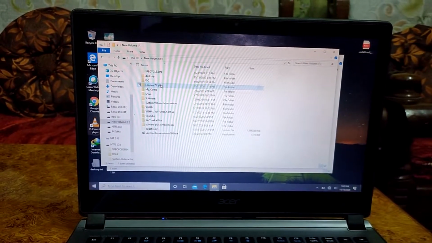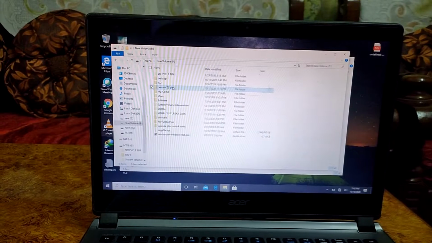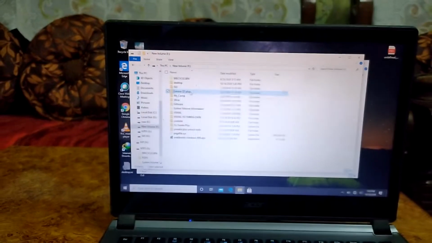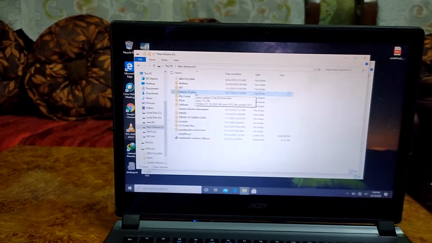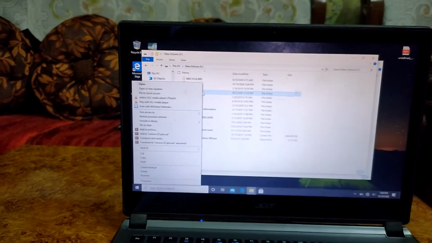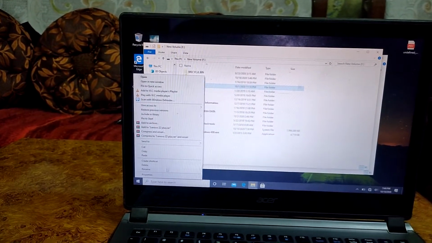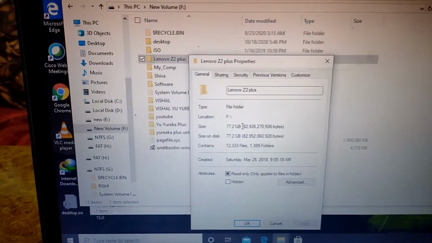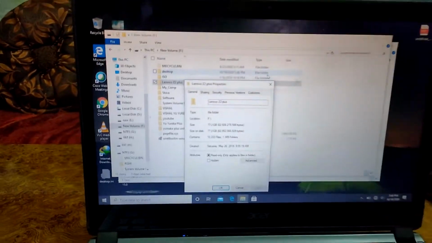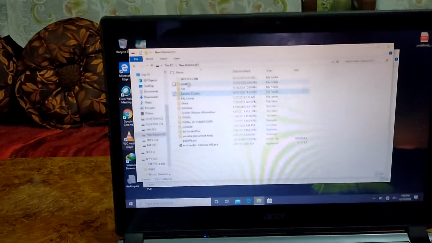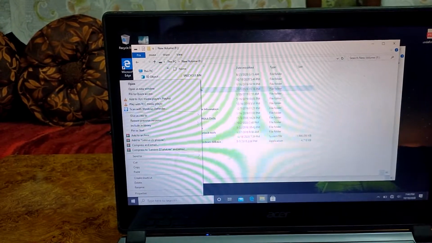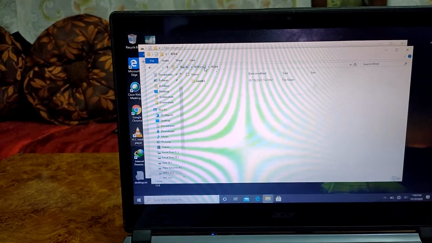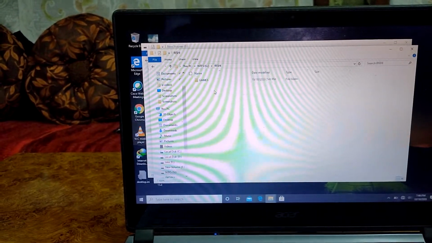So now let's check the read and write speed of my hard disk. For your information, I have connected my hard drive to the 3.0 port of my laptop, which is in the back. Now let's check the size of the file I'm going to transfer. You can see it is 77.2 GB, so it is a pretty good amount. Let's copy this file. This is my hard disk,